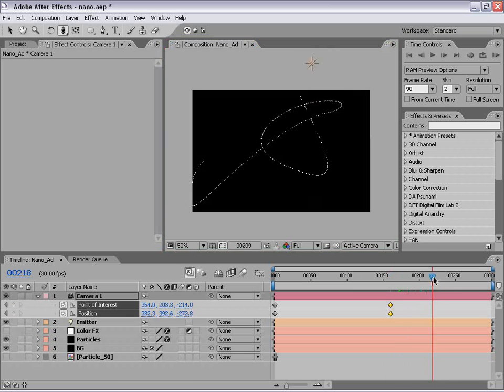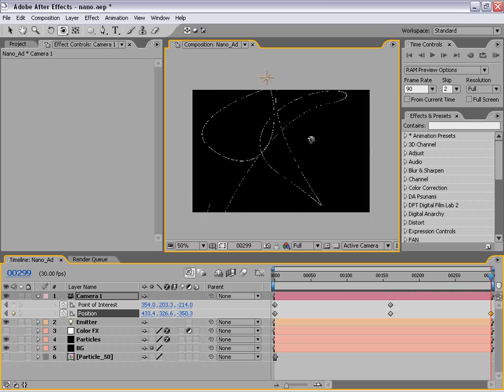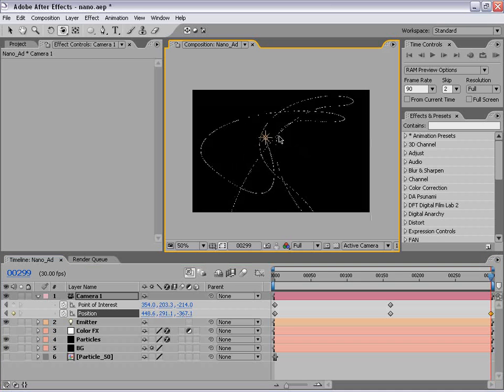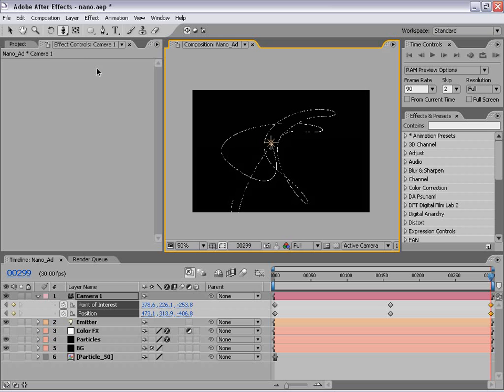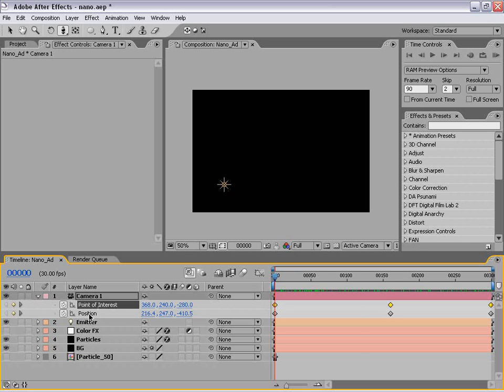And then I'm going to go to the end of the comp here and orbit back around some more. And maybe we'll track zoom out a little bit. So these 3 tools, there's nothing special to what I'm doing. I'm just trying to give it some random movement as it's animating, just to show that it's actually in 3D space. So I'm going to select these 2 things, hold down Shift, and hit F9 to give it easy ease